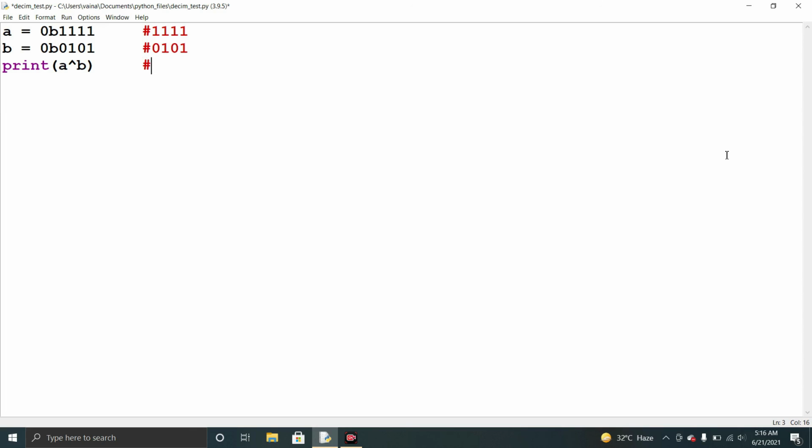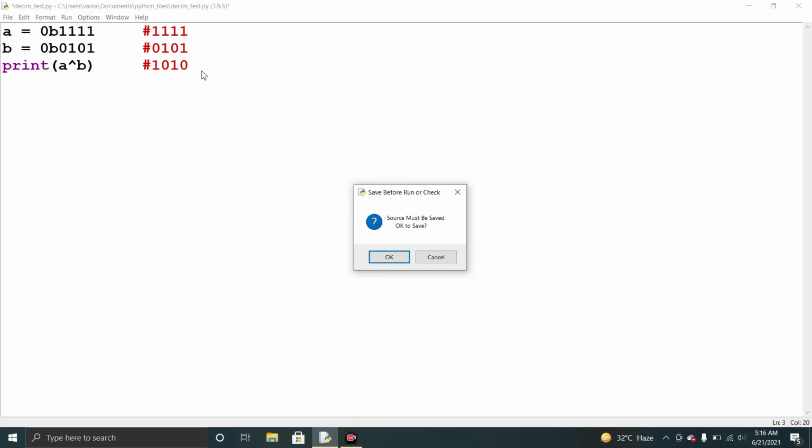Here we have the MSB 1 and 0, so the output will be 1, because these are different. For the next bit, we have 1 and 1, so the output will be 0, and for the remaining bits 1 and 0. So we get 1010, and when we run it, we get the output 10.